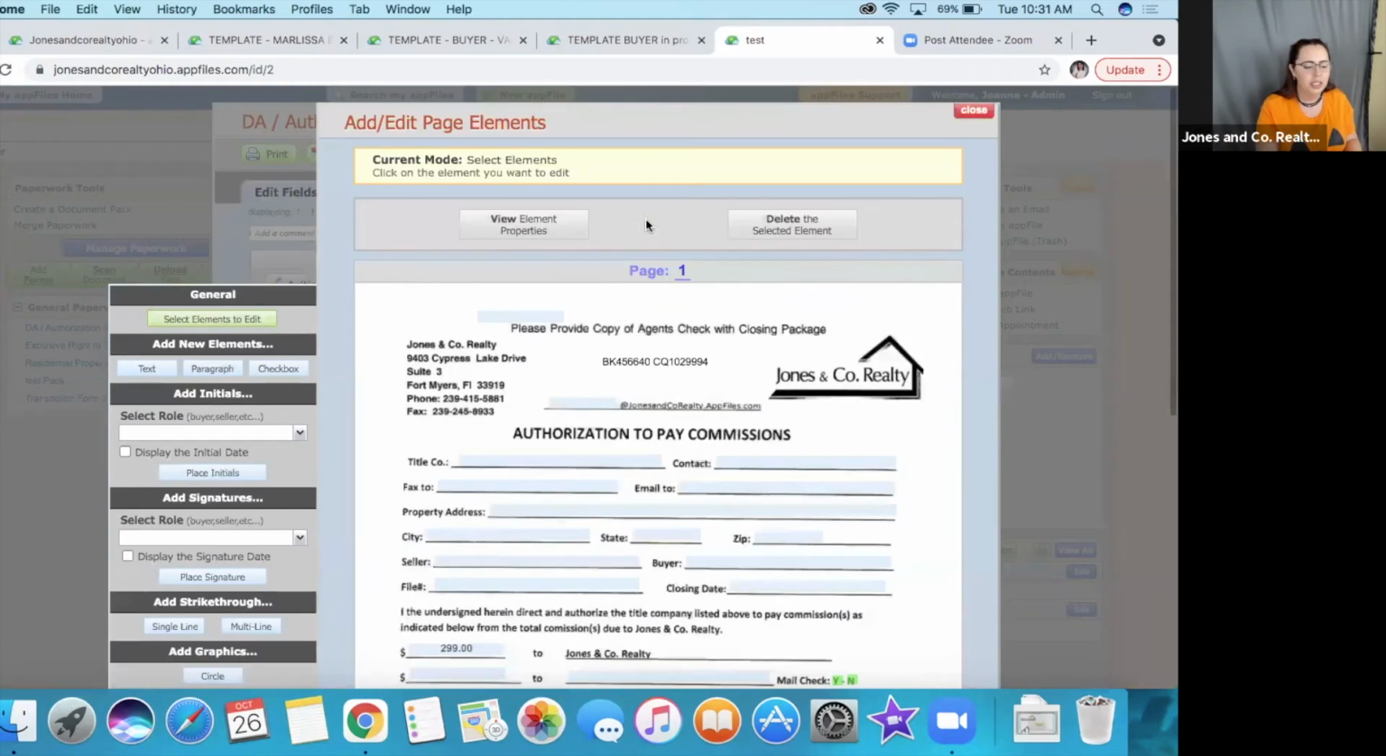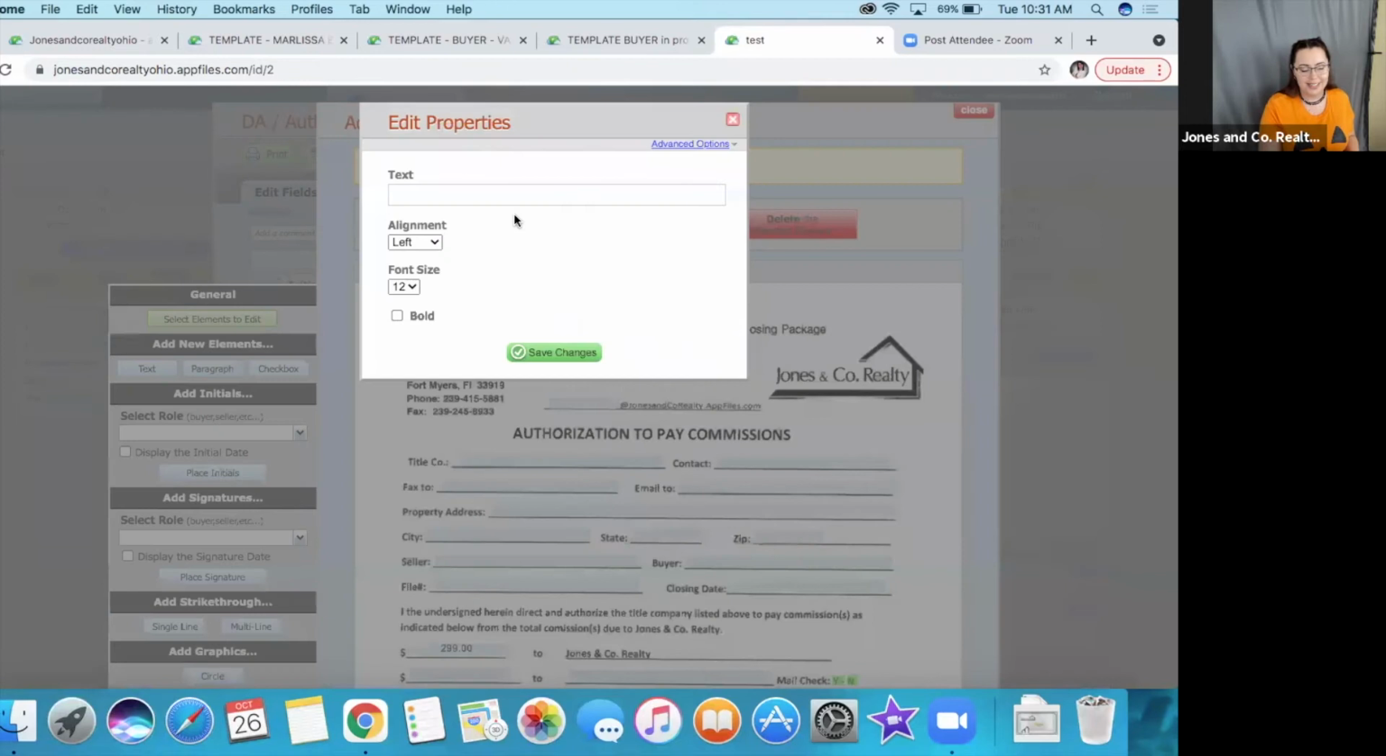What you want to do is click on it so that it turns orange. Click View Element Properties. I know this is complicated. It takes you back to when you created it, right? You can change the alignment, the font size, bold it if you need to, but this little tiny blue button up here in the corner for advanced options